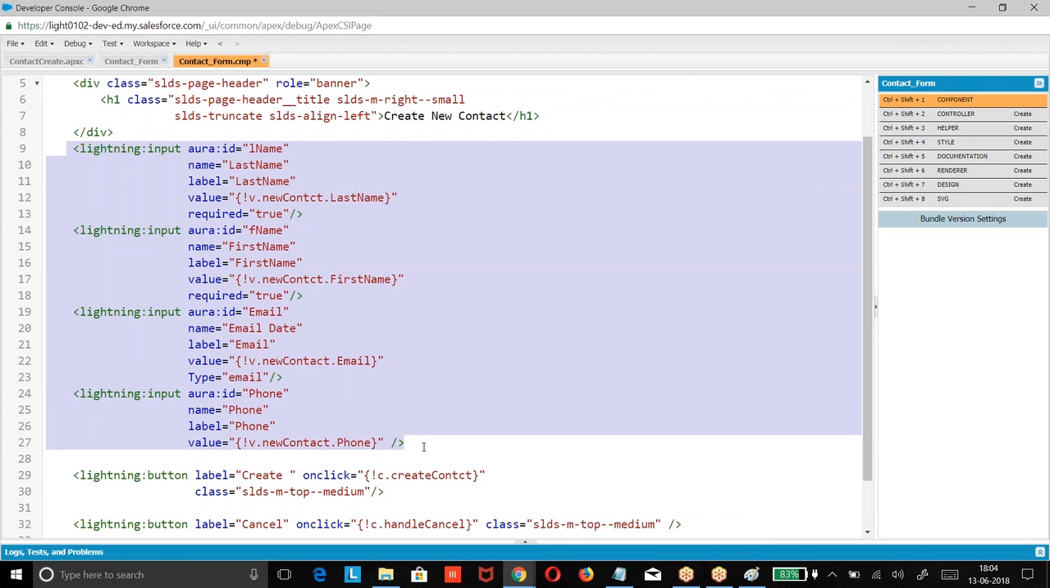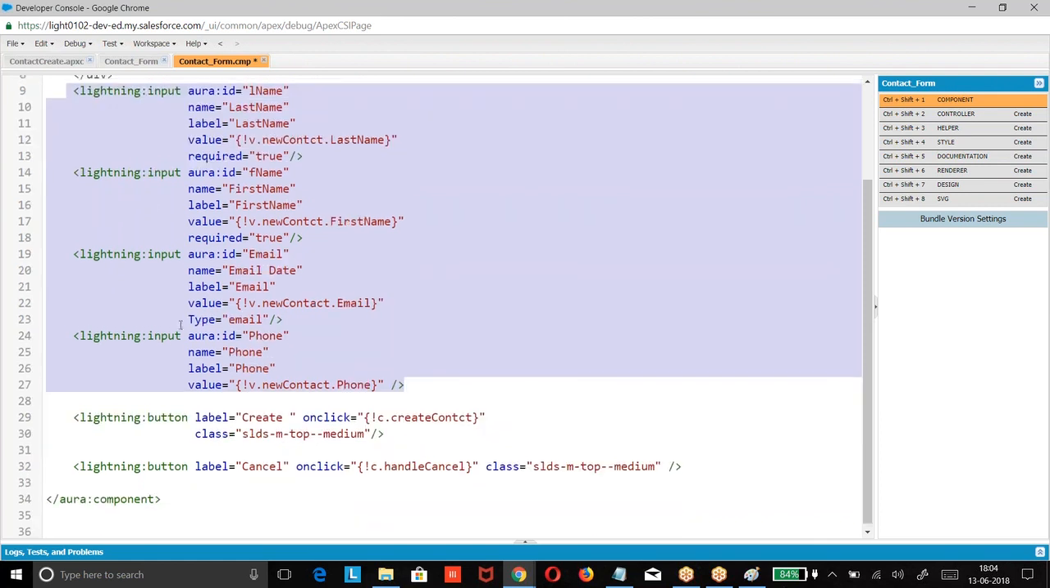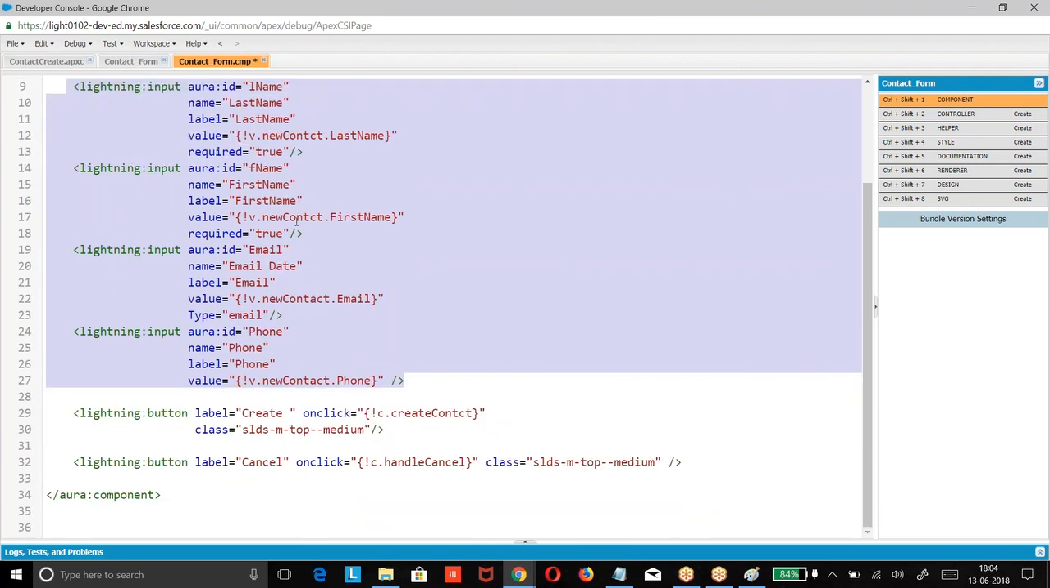So what did I do? I created two attributes. One is referring to a record ID. The second one is referring to contact. Data type is contact. What is the attribute name? newContact. How do you refer? v.newContact.lastName, v.newContact.firstName. We are taking this format. Then once I enter the data and click on the button,